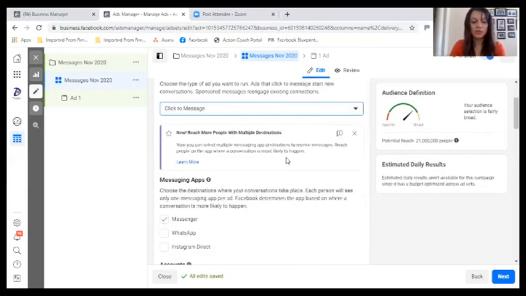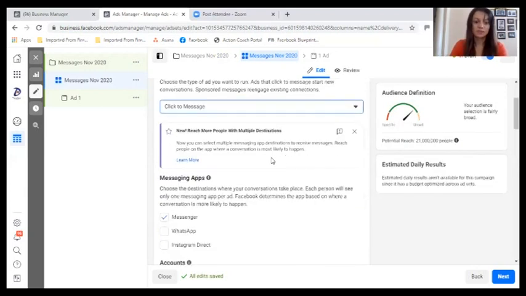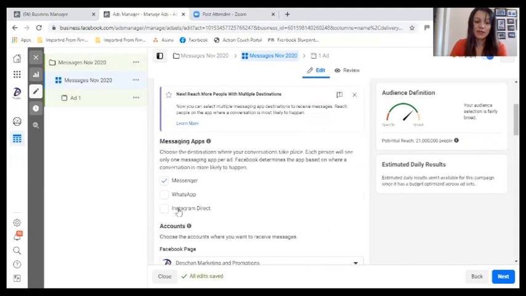We want to keep it simple. You want to be able to see all your messages. Now, this is another feature that hasn't been added before, or well, WhatsApp was there. Instagram Direct is now another feature. You can actually have them directly message you to your Instagram inbox as well. So you can either go directly to your messenger on Facebook, or you can go directly to your messenger in